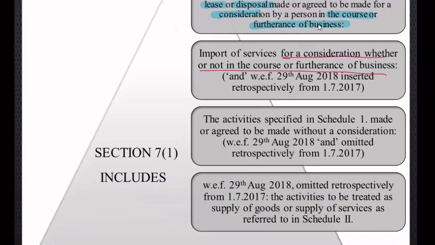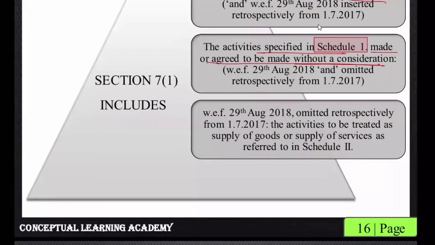Next, activities specified in Schedule 1 made or agreed to be made without consideration is also a supply. I told you, with or without consideration will be called Schedule 1. Yes, so this was what I was saying about Schedule 1. Next, okay,